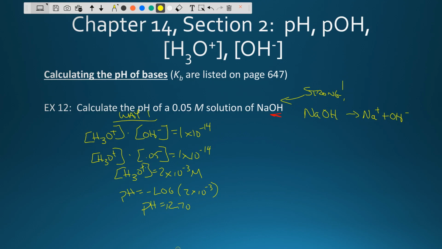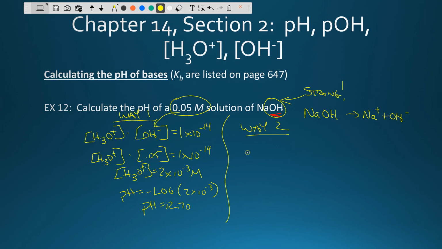12.70. What did I do? I took this value of hydroxide and I plugged that right in here, and then I solved for my hydronium, and then I turned that into pH. That's way one. Way two, which most people end up going this route just because it seems a little bit